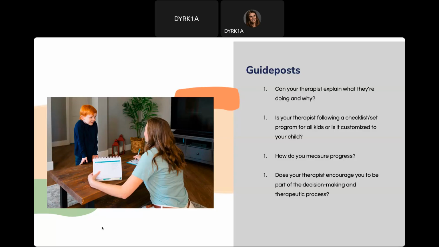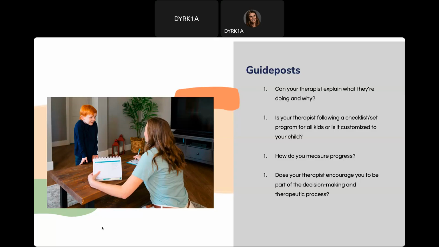Even for assessment, and why is it appropriate for my child? For example, a single word naming test, where I'm asking a child to name something on a picture. It's not going to give me much information if I give this to a child who is minimally verbal. It's going to provide almost no information. If a child is speaking in 3 to 4 word sentences, this is going to give me a lot more